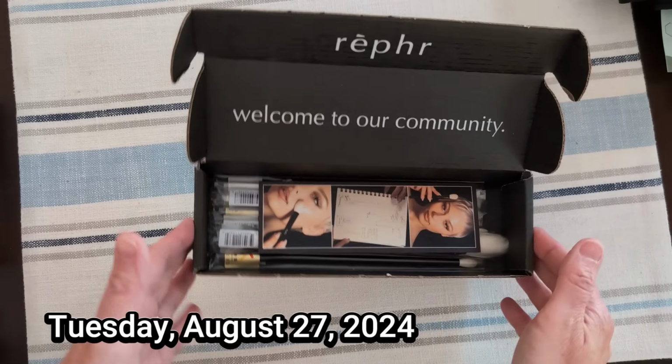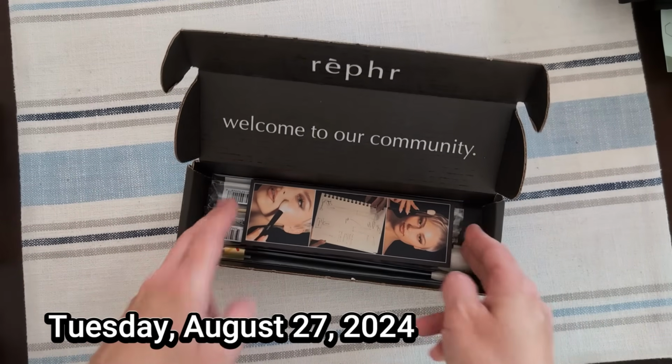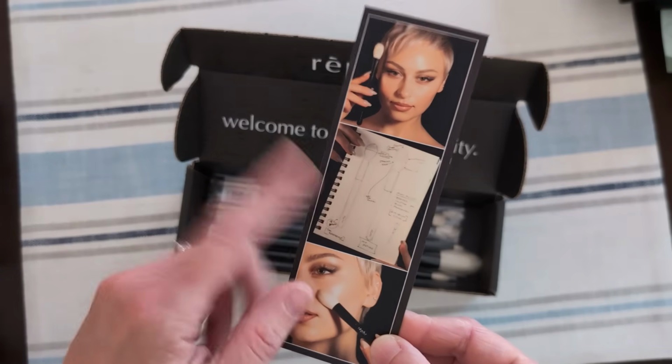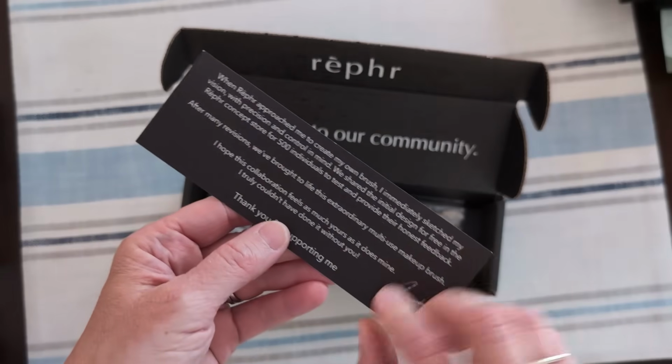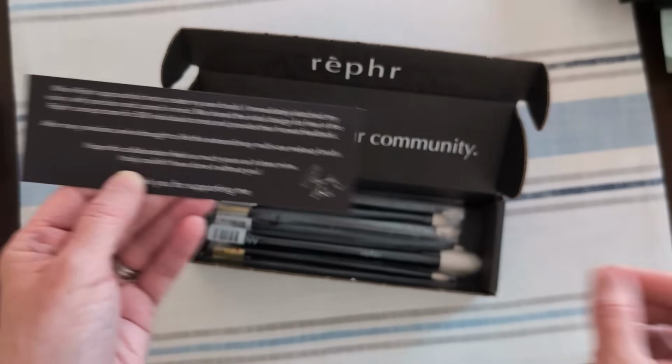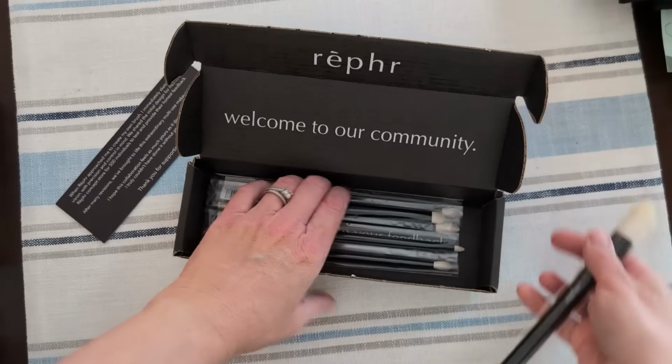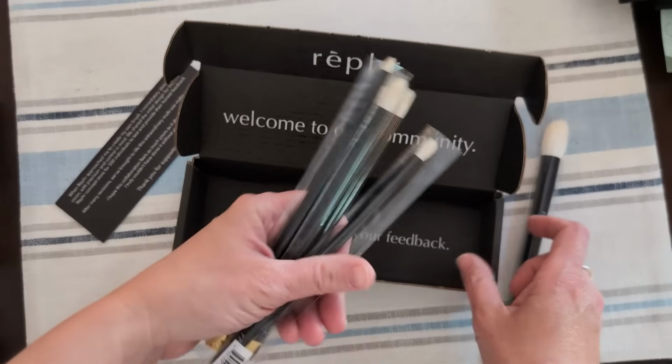Hey guys, it's Tuesday. I just got a box from Rephr and I see that they have a new collab with Alexandra Anele. Looks like she created her own brush, and it says here that it's a multi-use makeup brush. So they did send that to me,